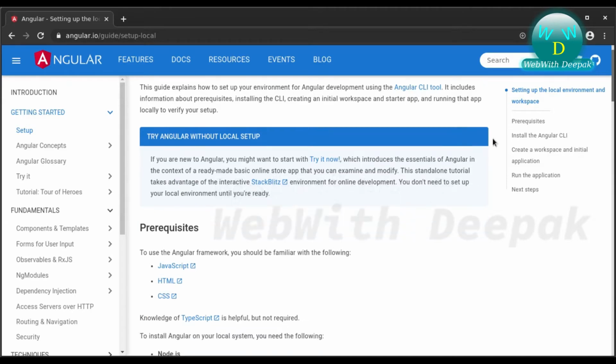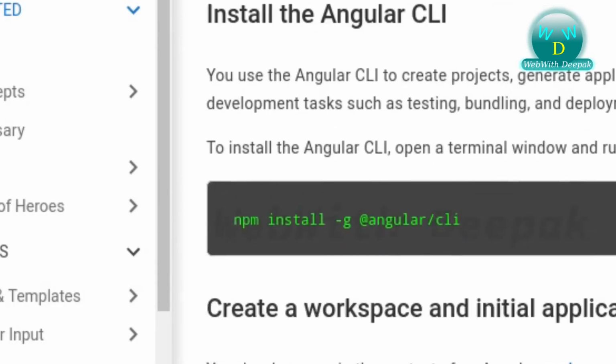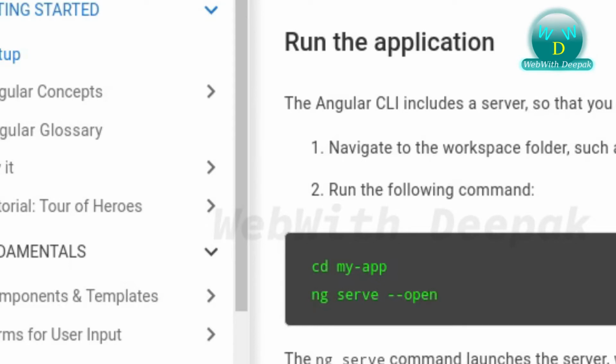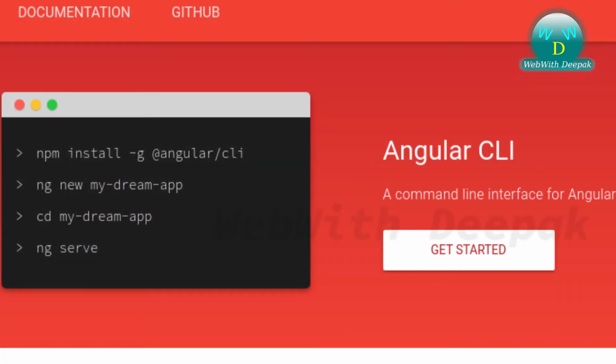Now head over to the Angular web page. Here we find the installation instruction and creating and serving new apps. CLI stands for Command Line Interface. CLI tool is provided by Angular team to make it very easy for you to get started with a new Angular app. If you want to learn more about CLI, you can read the documentation on the CLI web page. Now let's install the Angular CLI and see how we use this to create the project.